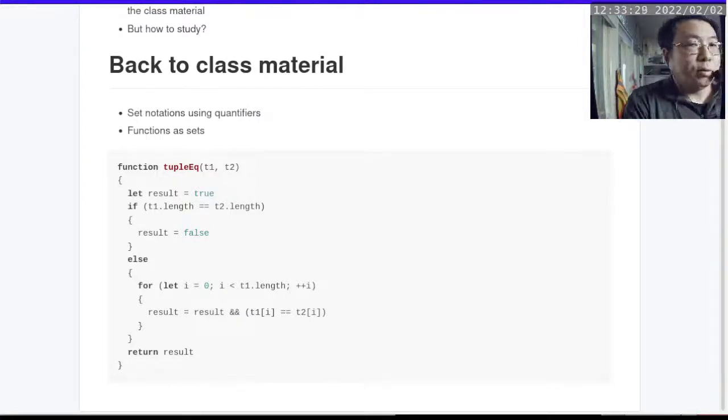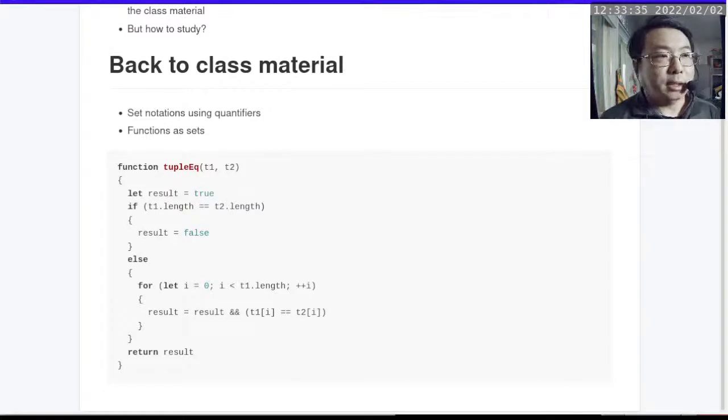Yes, so triple equal to also checks the type. In JavaScript, there are certain things that can be a little bit confusing to people who program in C or C++. Such as, in JavaScript, there are two different values. One is called undefined, and the other one is called null, and they are not the same. I'm not going to talk about that. I'm just going to be assuming that we have